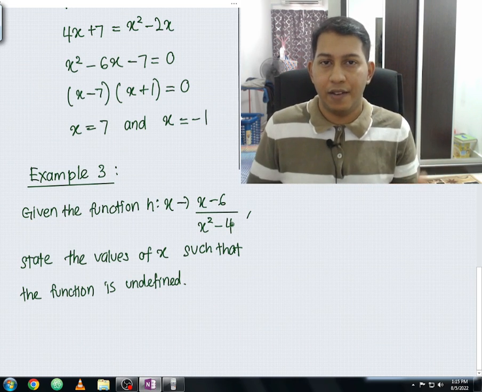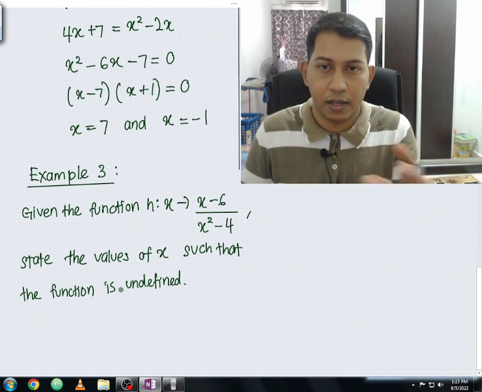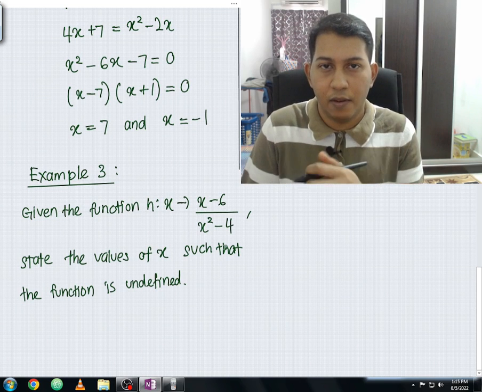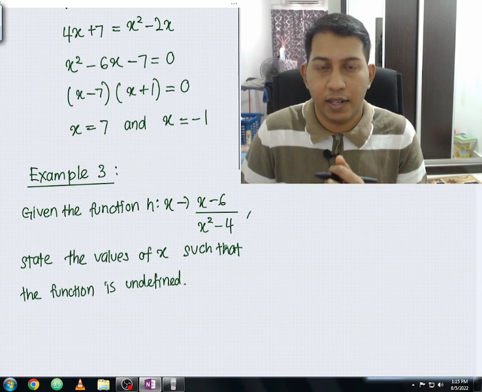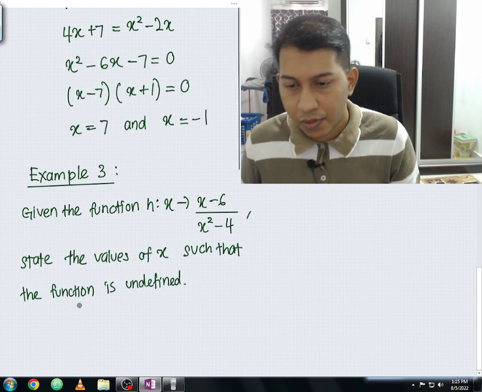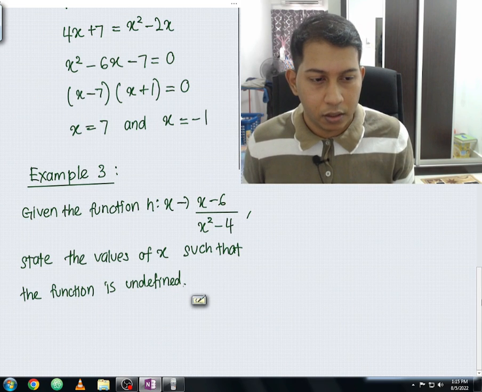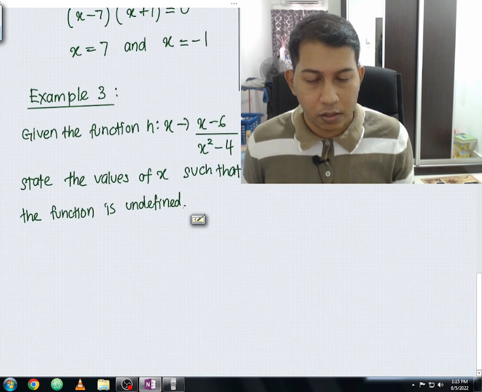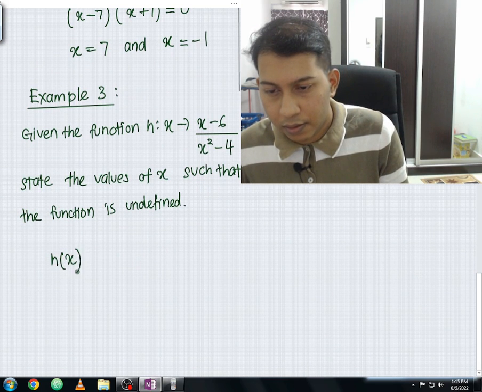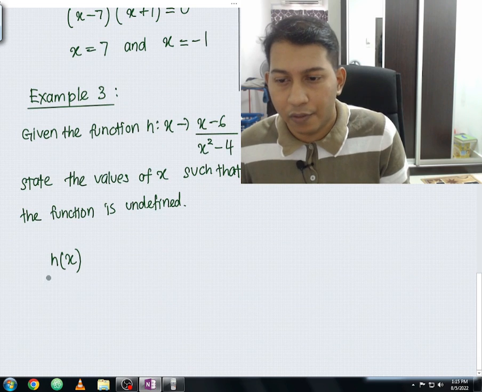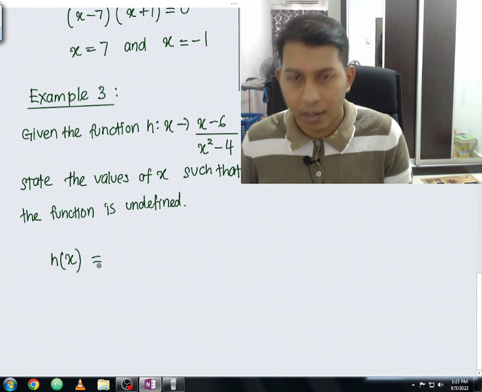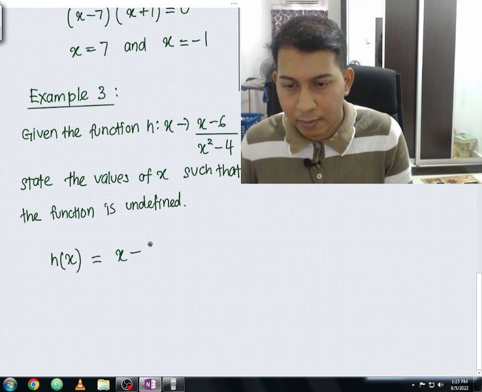Okay, what does undefined mean? Like I mentioned in the discussion, undefined means your denominator will be 0. When your denominator is 0, you cannot have a solution. Technically, it will be a maths error, and that is the reason why it is undefined. So for the function to be undefined, let me copy down this function into the working here. As you can see, I immediately convert this colon form into the bracket form, for our convenience, guys. There's no wrong in it. It is basically the same. So x minus 6